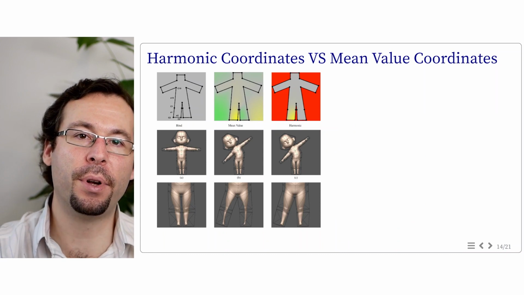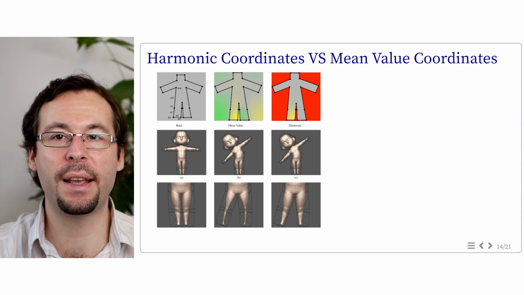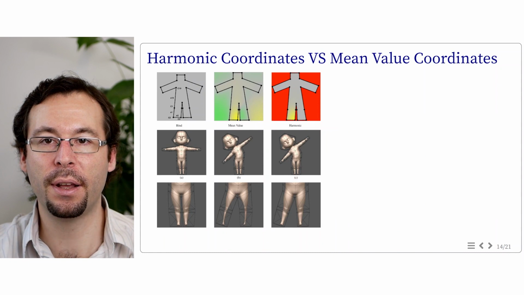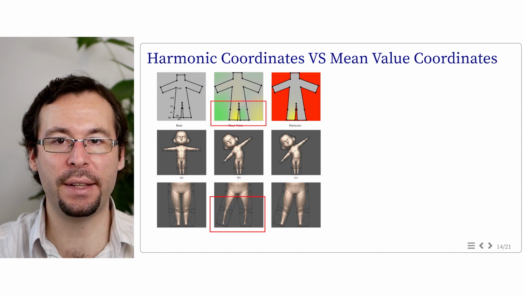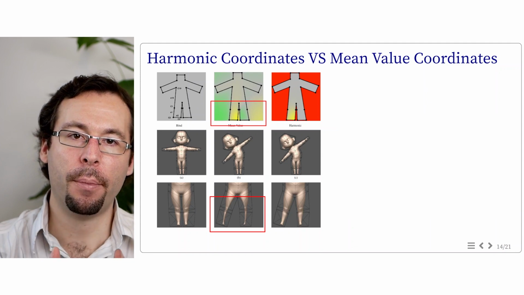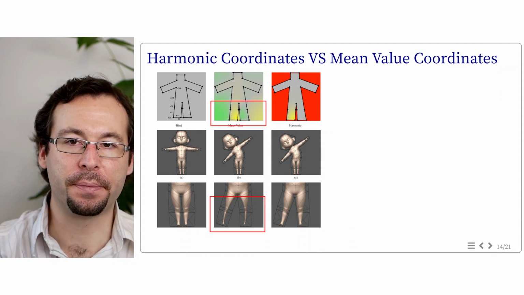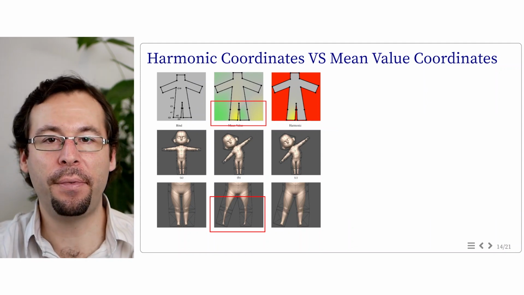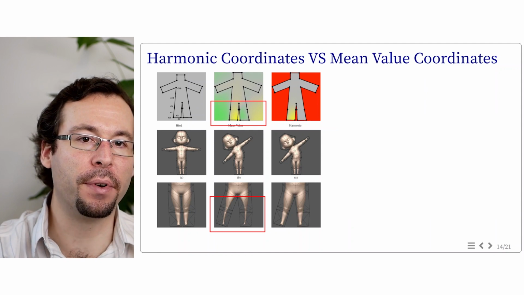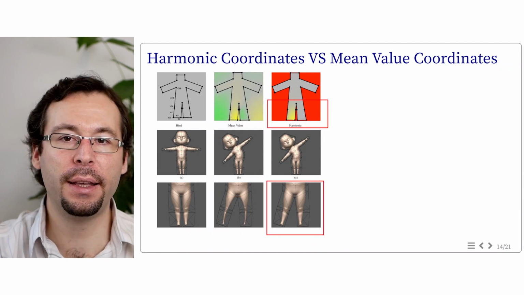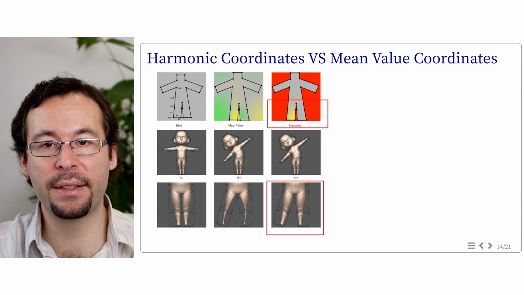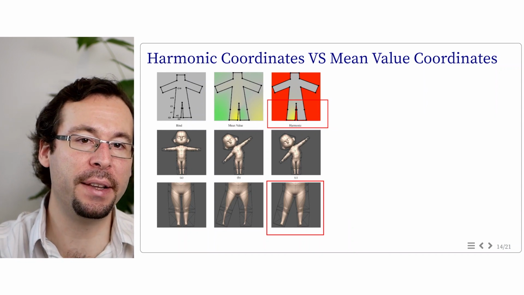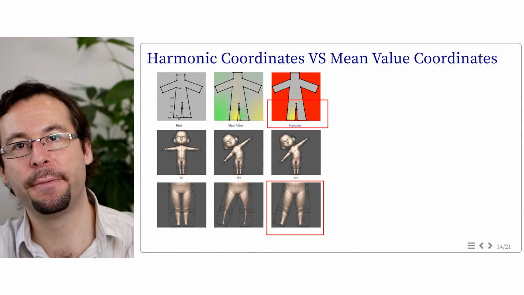Finding the weights therefore needs the use of a numerical solver. And here is an example comparing the harmonic coordinates and the mean value coordinates. One of the main issues with the mean value is that the weights associated to concave regions propagate outside the cage, and then they interfere when moving a limb with a closer one. In the case of the harmonic coordinates, such weights do not propagate, and it allows to separate the legs without artifacts.